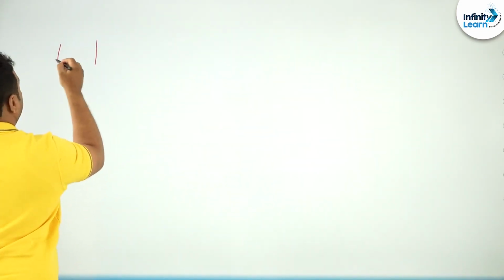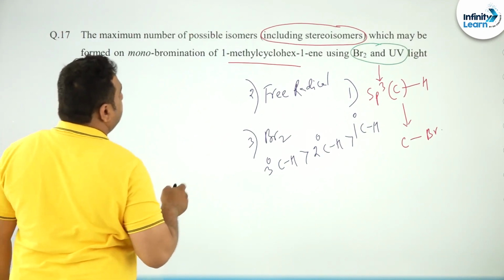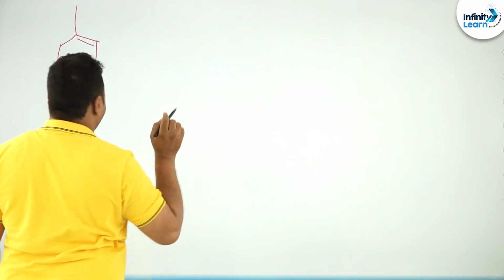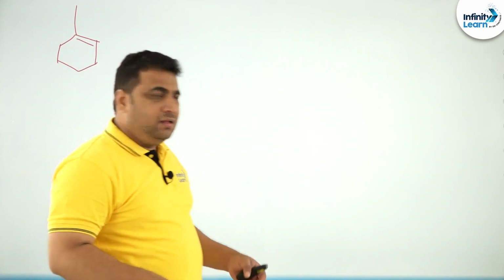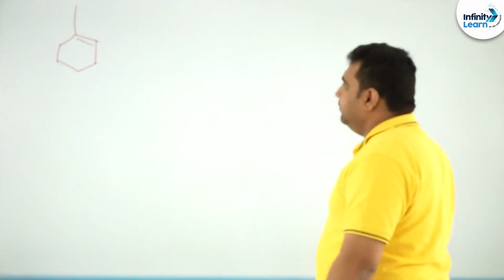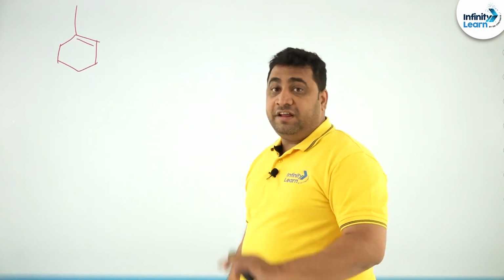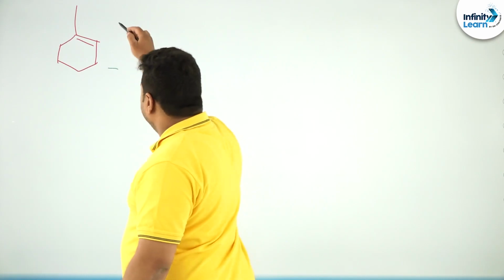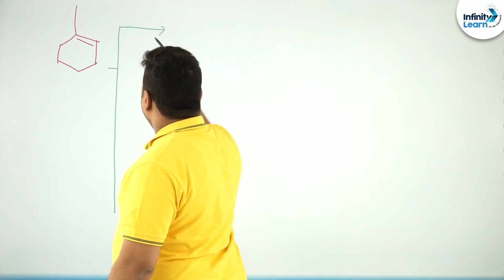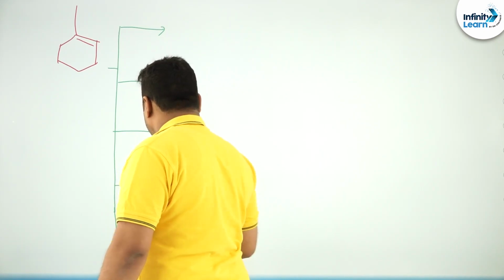So what is it saying? 1-methylcyclohexene. Sometimes in a hurry we faculties also may make errors. It's okay, but still we should avoid it. So dear students, first we have to focus on wherever a radical can form. So tell me, according to my discussion and explanation, where can the radical form?